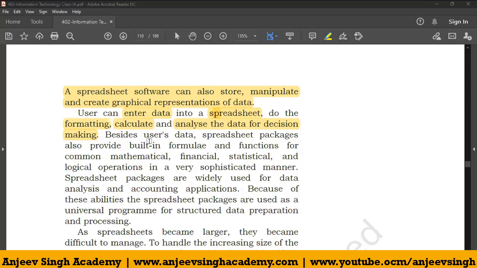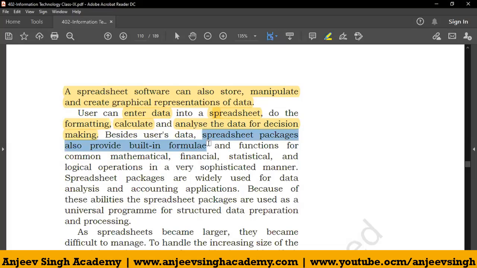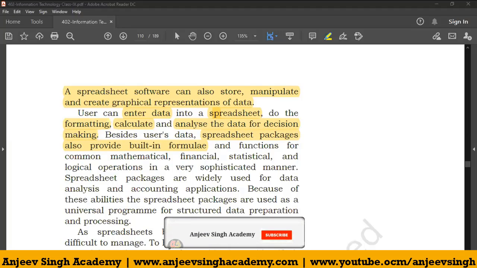Besides user data, meaning you enter the data, that's good. Your spreadsheet software also provides some built-in formulas for doing the large types of calculation. If you want to do some large types of the calculation, for that purpose you need to be,